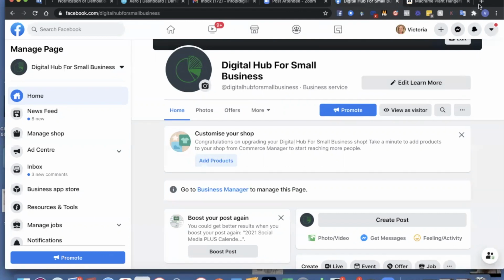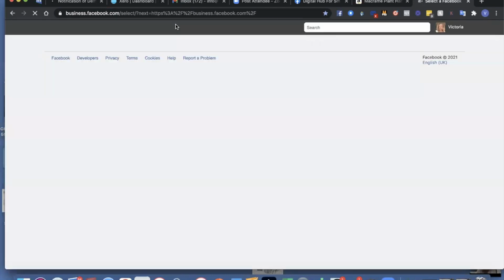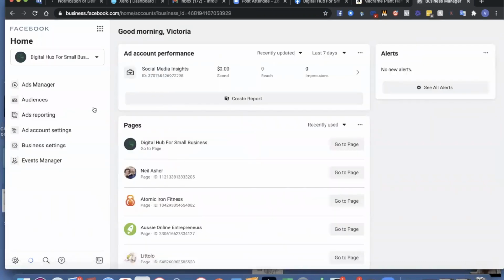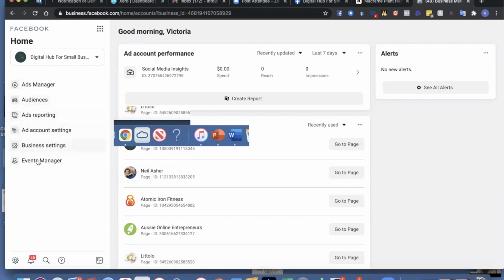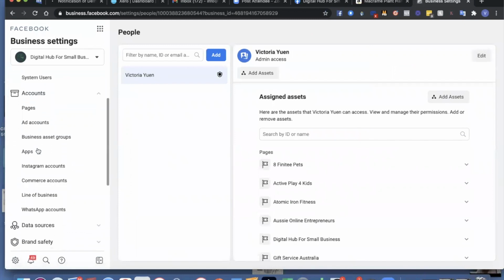Then you need to go into your business manager. So Facebook Business Manager, or called Business Suite now. Go into your manager account. Choose your page, go into business settings, scroll on down to commerce accounts,